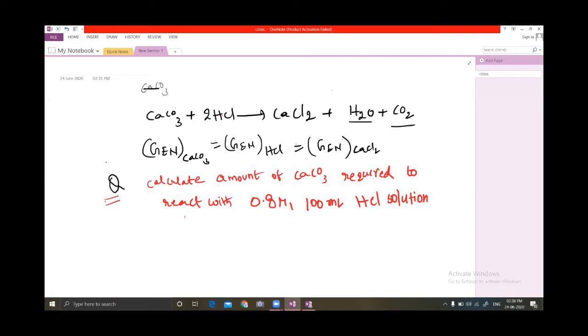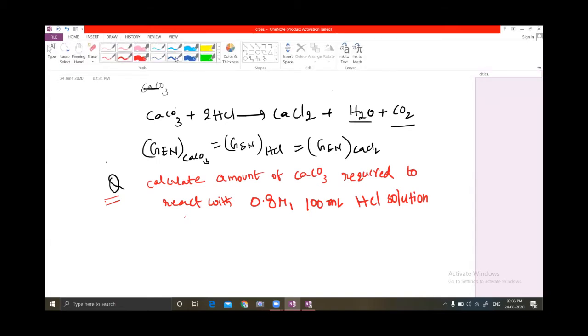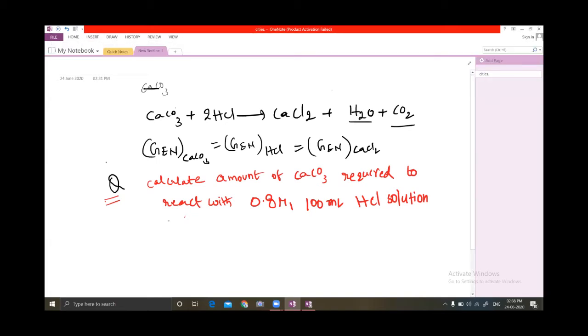Okay, what's your answer, sir? Fine, you got some answer. Now this is the equation, sir. Please look here. I'm solving that question. Have n factors ready. I'm going to ask some people. Very simple. Whatever they gave, you don't want to consider. Just Gn of carbonate equals Gn of HCl. Gram equivalent number of carbonate equals gram equivalent number of HCl. This is the only thing you have to equate.